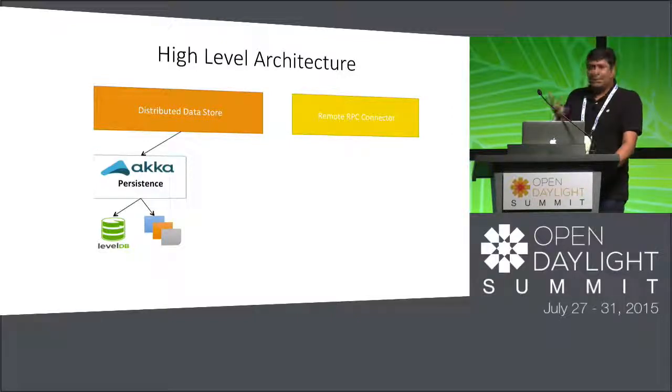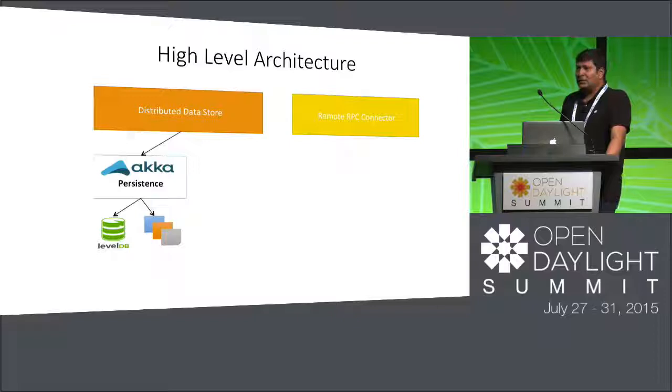And akka persistence has two different things. One is the journal, and the journal is essentially all the modifications that you ever made to your data tree, stored in your journal. The other thing is the snapshots, where the whole state of the tree is stored in persistence, basically on your file system. For the journal, we use LevelDB, which is a very fast implementation. We actually use LevelDB